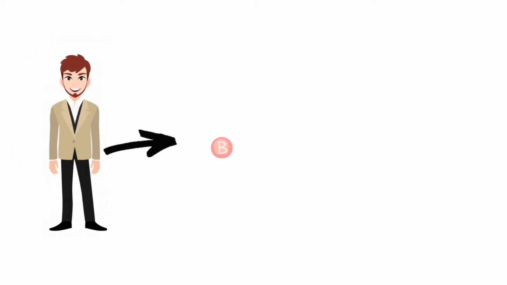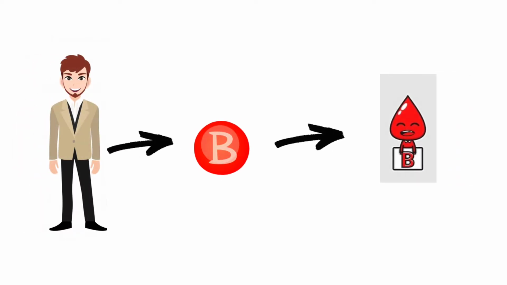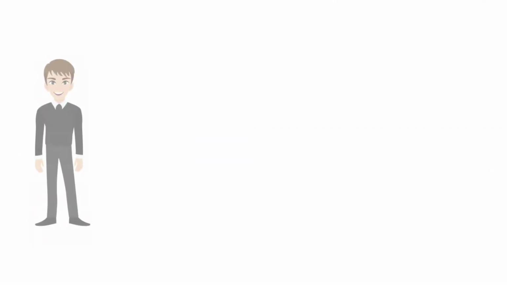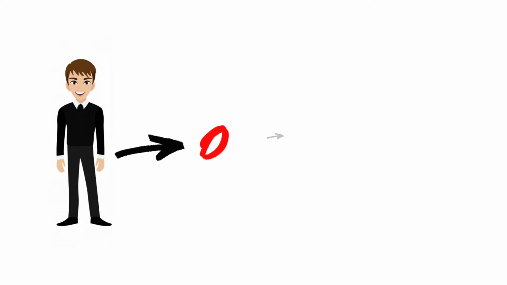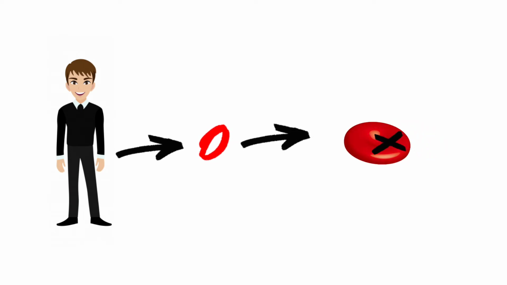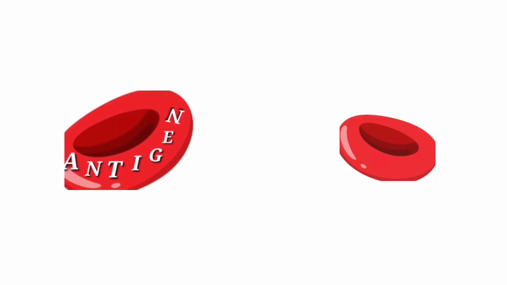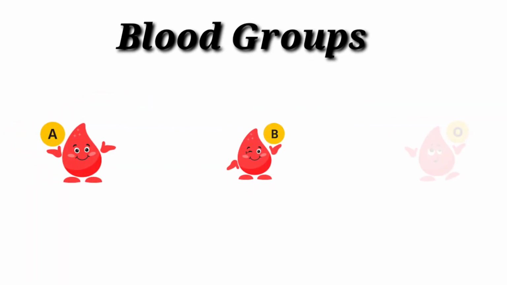A person with blood group B has antigen B on the surface of RBC. Then, most importantly, a person with blood group O has no antigens on the surface of RBC. On the basis of presence or absence of antigens, we can identify a person's blood as whether A or B